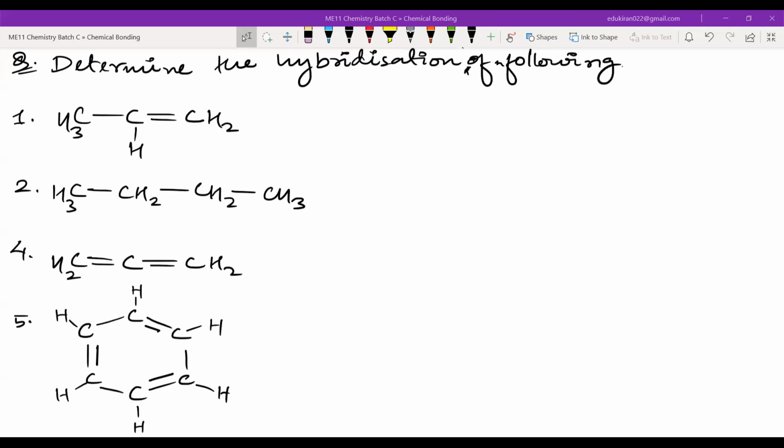Done, sir. Well, if you're done, tell me for the first one. Is there anyone who's still figuring out? Yes, I'm doing. Sir, for the fifth one, I don't know. Why don't you know for the fifth one? Is something different in this carbon? Tell me how many sigma bonds are in this carbon. Sir, this carbon, we're doing it like one double bond. Okay, so tell me how many double bonds does this have?